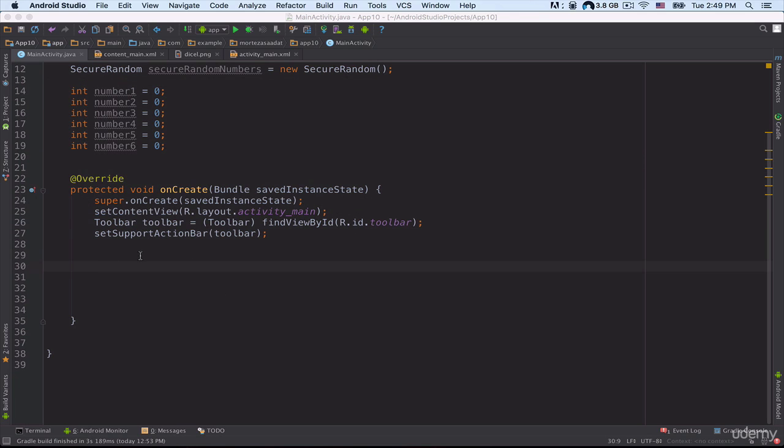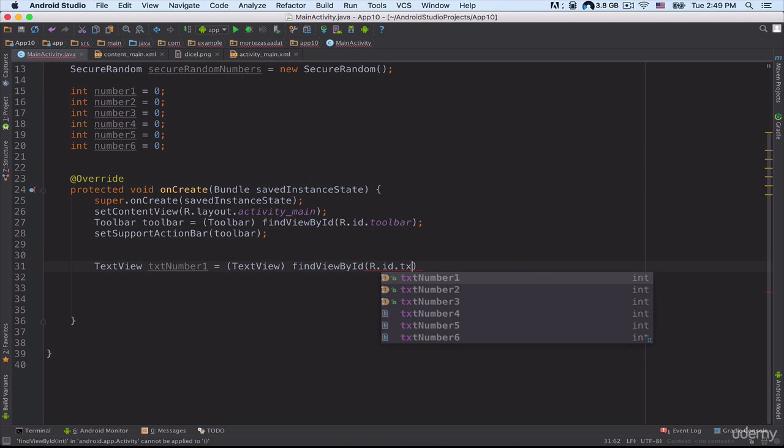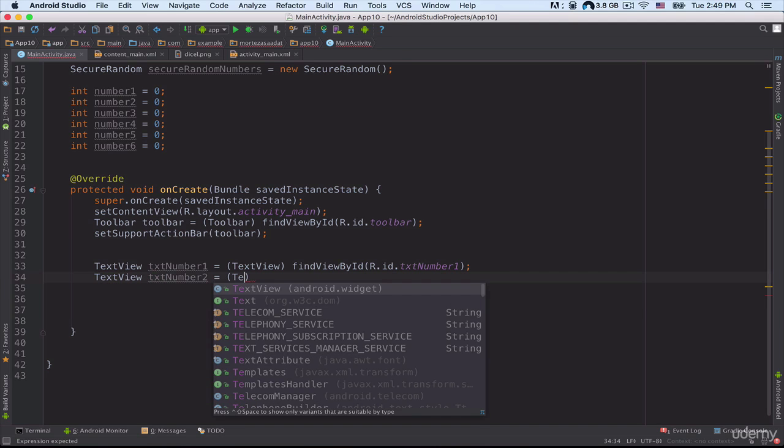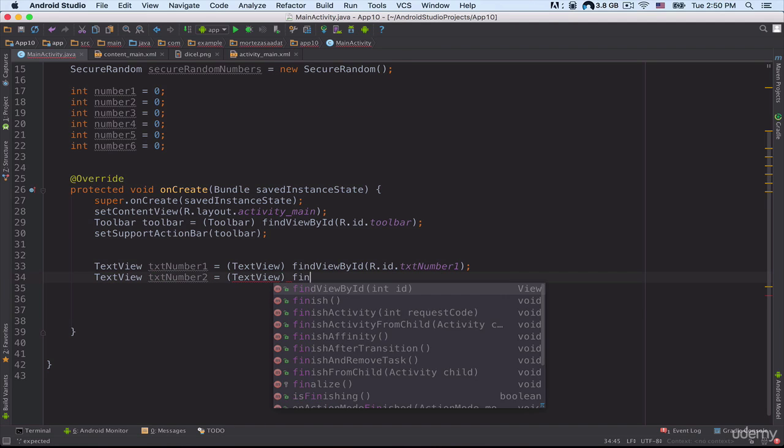Okay everyone, now let's create some other objects inside this onCreate method. Let's create a TextView object, TextView txtNumber1, assignment operator, and then I need to cast this object to a TextView object, findViewById R.id.txtNumber1. Again, let's create another TextView object, txtNumber2, assignment operator, and then I need to cast this object to a TextView object, findViewById